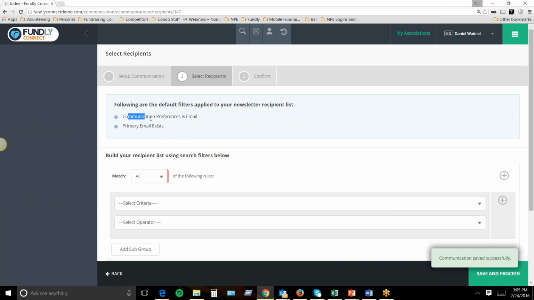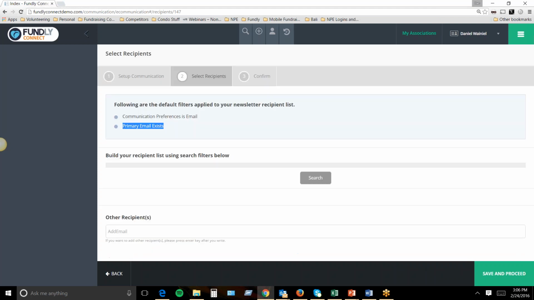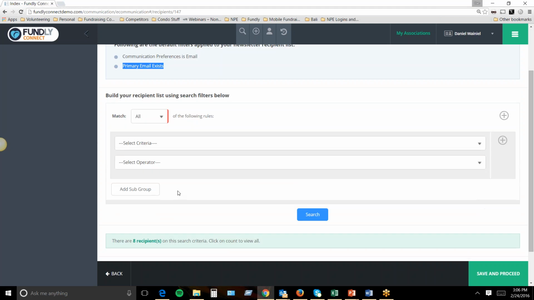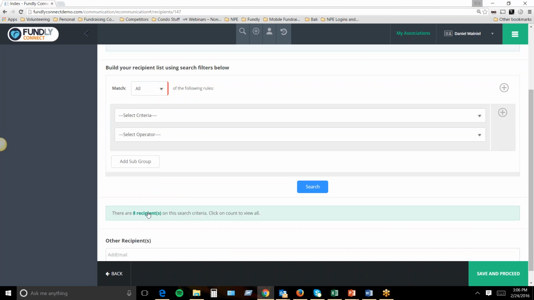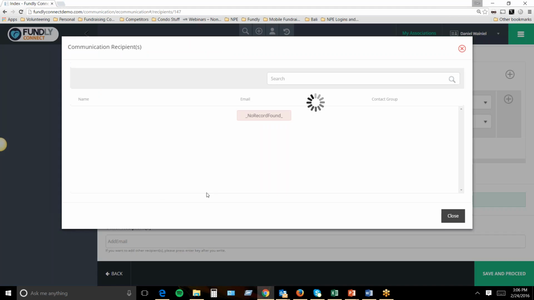Well, we're giving it to everyone that has an email, and to everyone who has a communication preference turned on for email, and anytime there's an email that exists for the record. So if I hit search, you can see there's 8 recipients that meet that criteria, the default criteria. I can see who those people are,